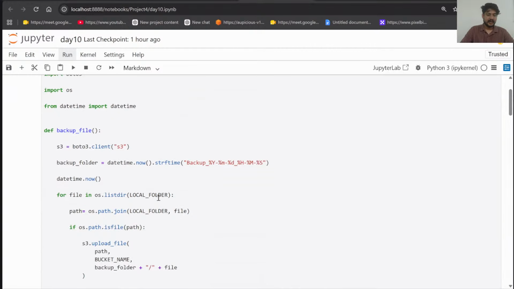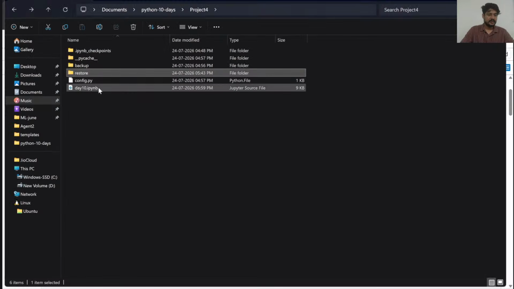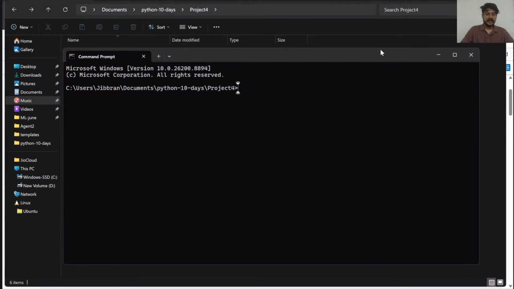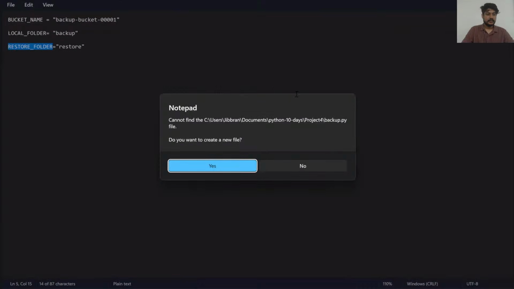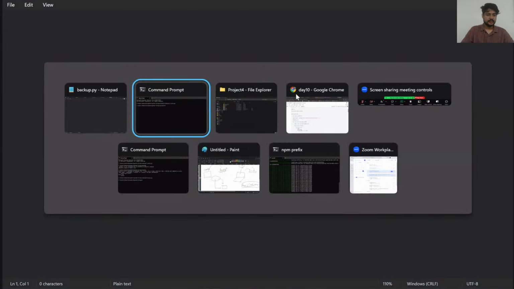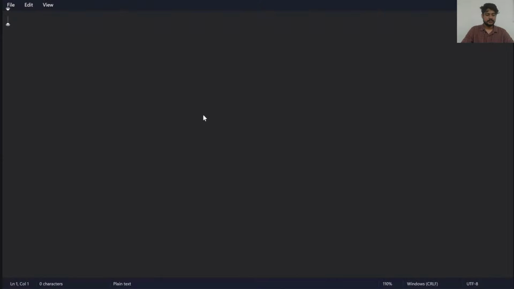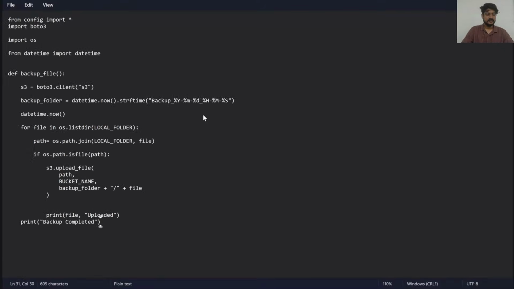तो इसमें हमने जो बैकअप फाइल बनाई है, यहाँ पे जो बैकअप नाम से फाइल बनाई है, we haven't created any file here, but let me do one thing. Let me open this file, open in terminal. I will create one file here. The file name I will give it as maybe notepad backup.py. Enter. Yes, this is well. So inside this entire block of code, save it, Control S.